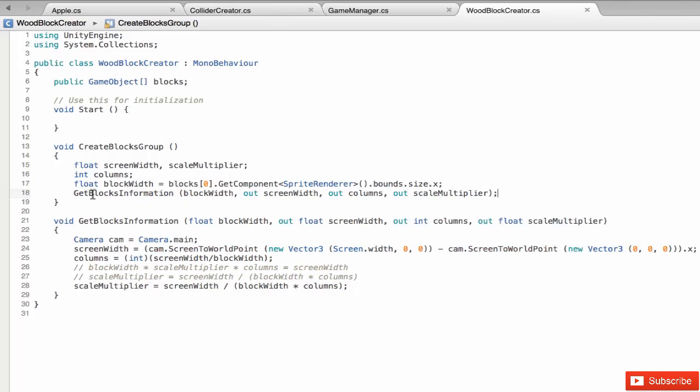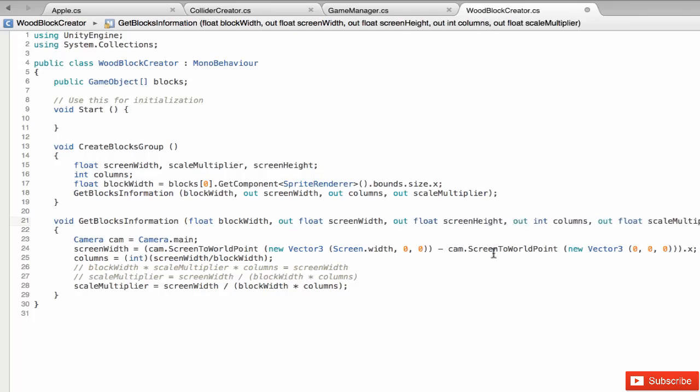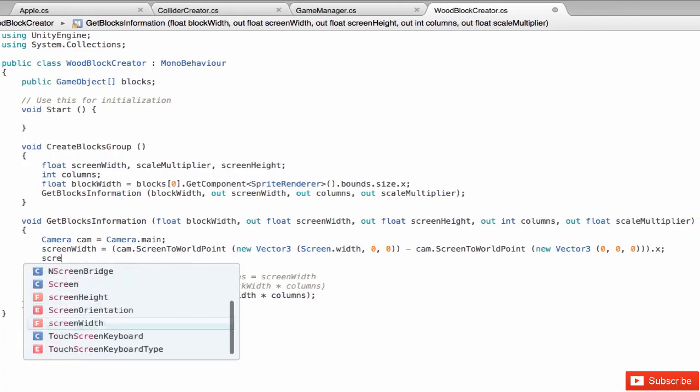So now we're getting all the information we need to build that structure. Actually, I'm forgetting something here. I also need the screen height, and you'll see why within a second. So I'm just going to define the screen height, and I'll have to have the screen height as being passed in as an out parameter here as well. So out float screen height, and I have, of course, to fill it up. So now you already know how to do this. This is screen height,